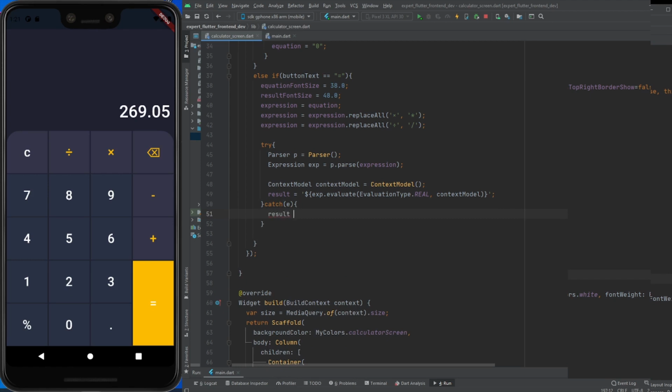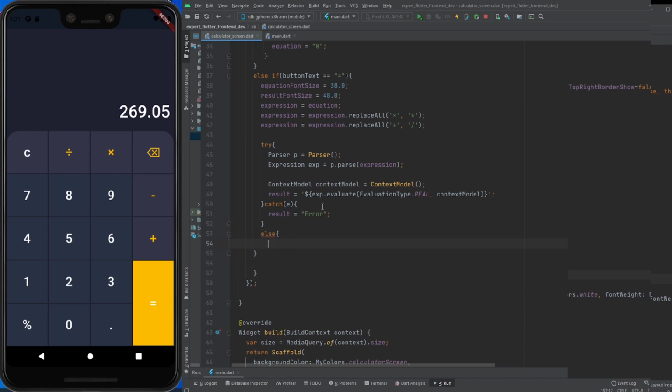Here I use the expression object to evaluate the value, and it takes two parameters: evaluation type, which should be real, and also the context model. So I pass the context model here. If we get any error, I use a catch, and the result should be error.